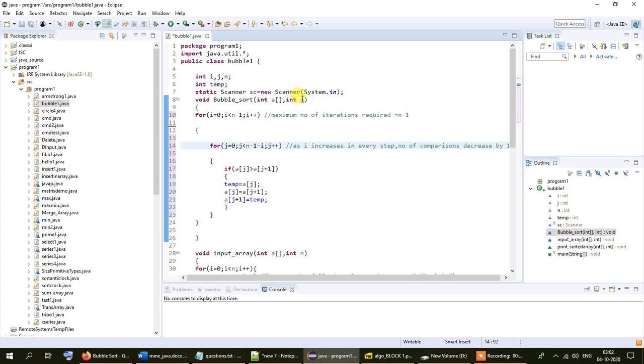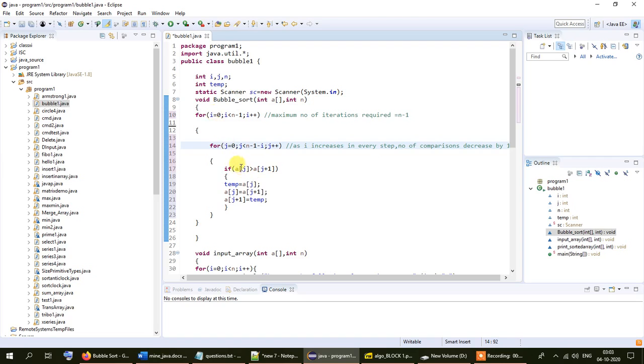And here is the maximum number of elements. As I told you before, the maximum number of iterations required to sort through the loop will be n minus 1. So here i is less than n minus 1. And here j equals 0 is the inner loop. It starts from 0 and it will go up to n minus 1 in every iteration. So inside the i loop, the j loop will start to execute, and after the j loop has done its thing, the i loop will progress to its next value. So if i was 0 initially, it will become 1, and then it will become 2, and so on.